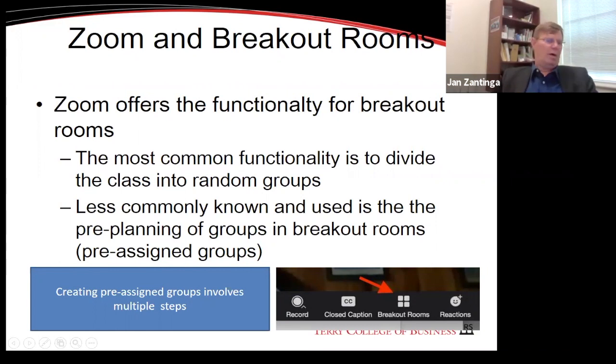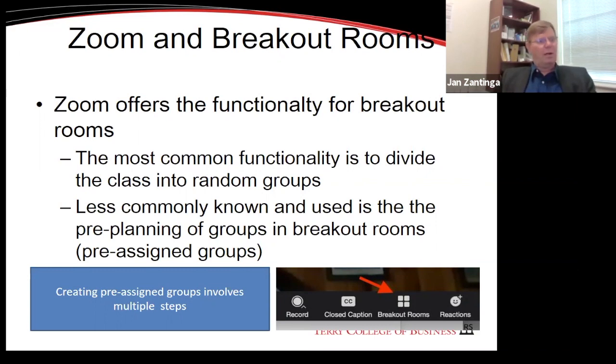You click on that one and Zoom tells you, well, there's 50 people in the class. How many breakout rooms do you want to have? And I say, well, I want to have 8 breakout rooms. And Zoom will then calculate how many people per breakout room and which people will go into each breakout room. And that is perfectly acceptable for a number of different teaching objectives.